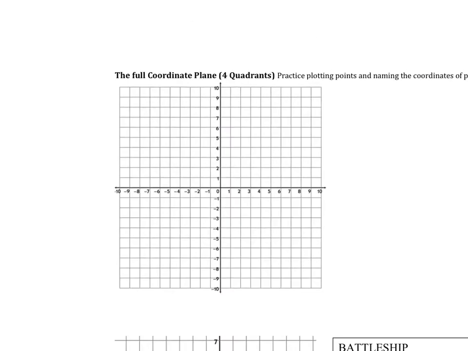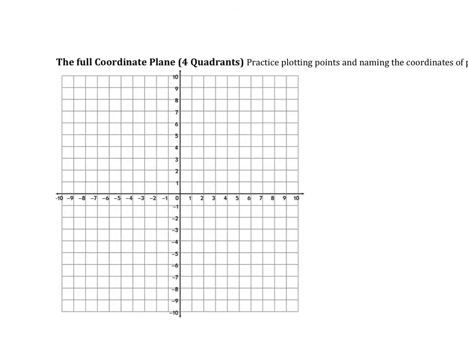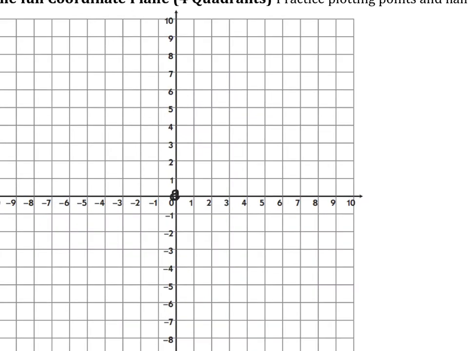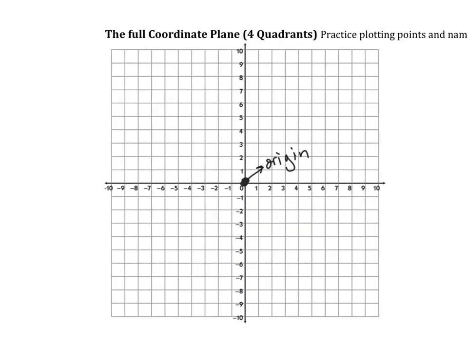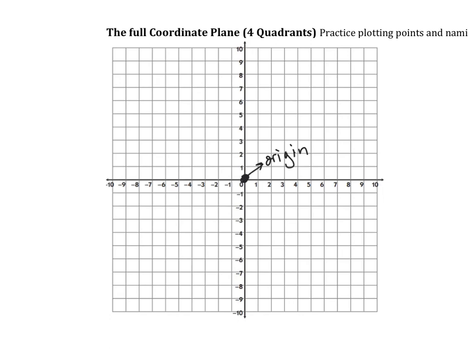If you go ahead and flip it over to the back side, we're going to talk about the coordinate plane, but all 4 quadrants of the coordinate plane. We're essentially going to add the negative portion of each axis. So we talked about how the coordinate 0, 0, this is our origin. That coordinate point is called the origin. And we had this as the